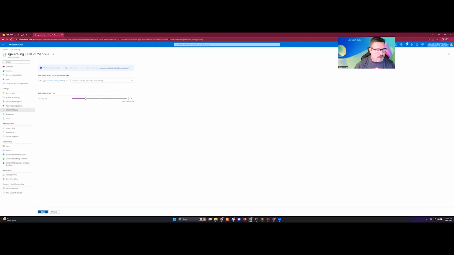But what we can do is scale this up in capacity. In this case, I just clicked save. My capacity is going to go from 2 to 4. I'm increasing my total size of my Enterprise E20 to 50. Then the last thing I wanted to show here